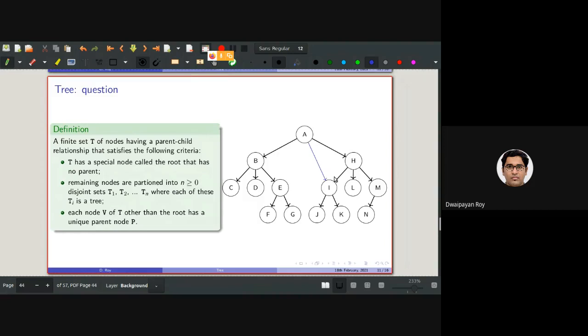Why? Because for this node I, we can see there are two parents associated with it. One is H, one is A. So this is basically a graph, which is another nonlinear data structure or nonlinear abstract data type, but this is not a tree.